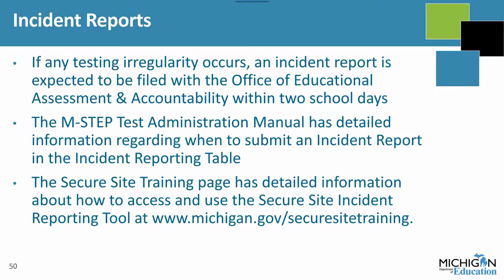Any time that a testing irregularity occurs, an incident report should be filed with the Office of Educational Assessment and Accountability within 2 school days. Detailed information regarding how to address an irregularity, including many possible scenarios and the most frequent irregularities that occur, is provided in the MSTEP Test Administration Manual. The Secure site also has detailed step-by-step instructions for submitting an incident report at